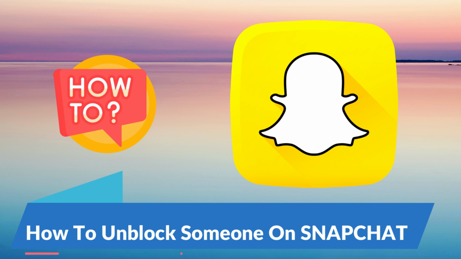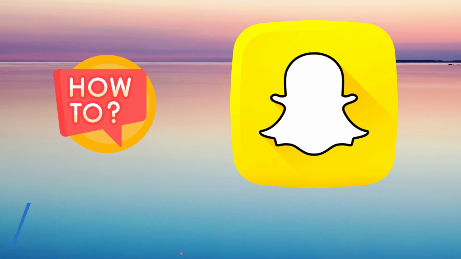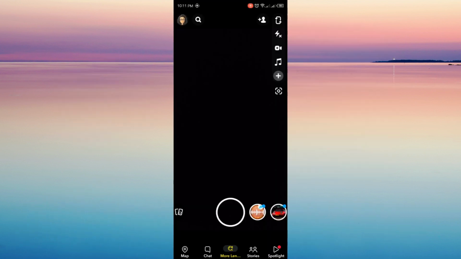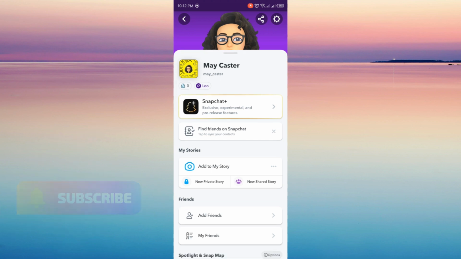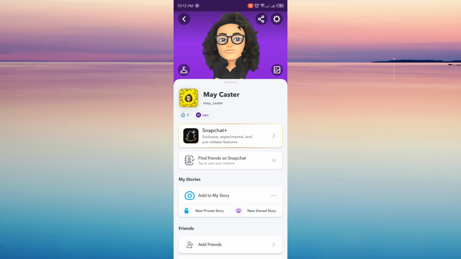In this video, I will show you how to unblock someone on your Snapchat. So now let's head on to our Snapchat app and then go to your Snapchat profile. Just click your profile picture at the top left corner of your screen and then you are now headed to your profile. Here you need to click the settings icon at the top right corner